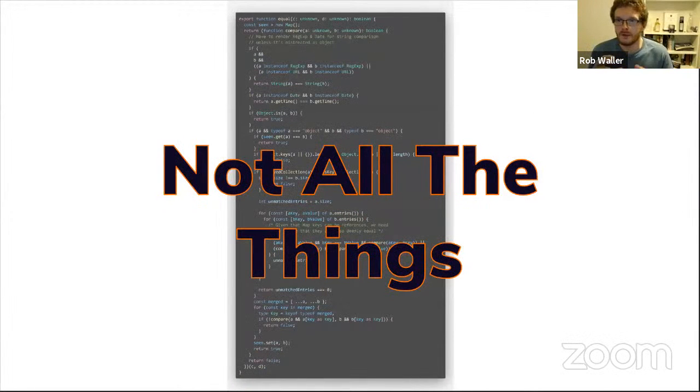Now, when we talk about code complexity, we're not talking about everything. We're not talking about all the things, okay? Because software, if you try and think about it in its whole and in its entirety, is a vast subject. There's no way any developer could handle thinking about the whole subject of software, right?